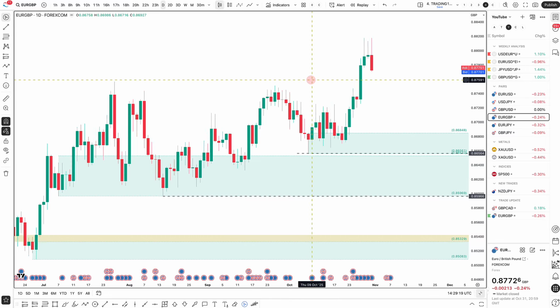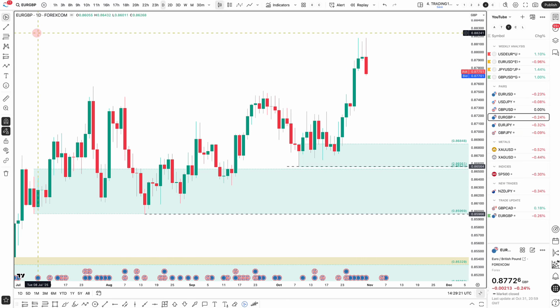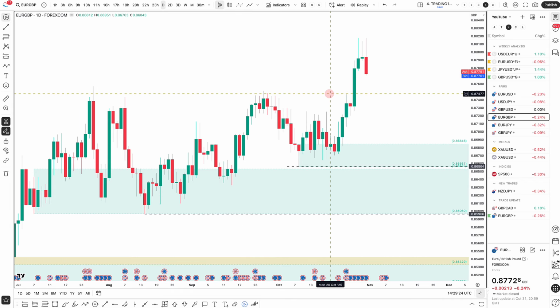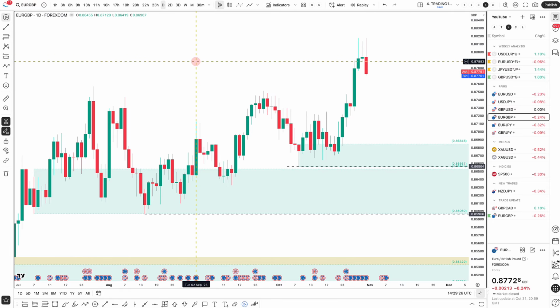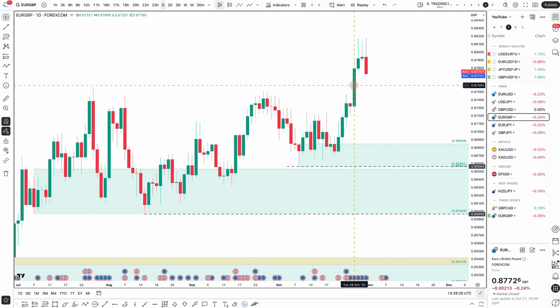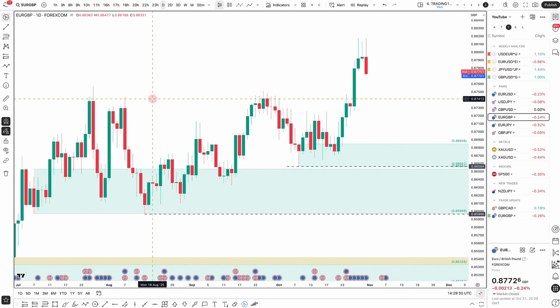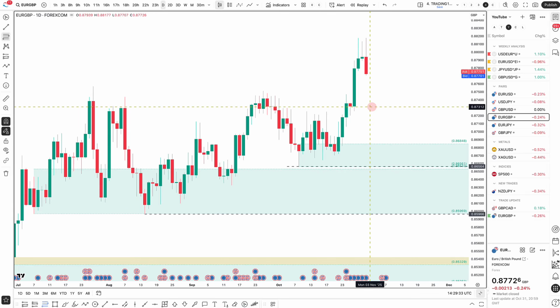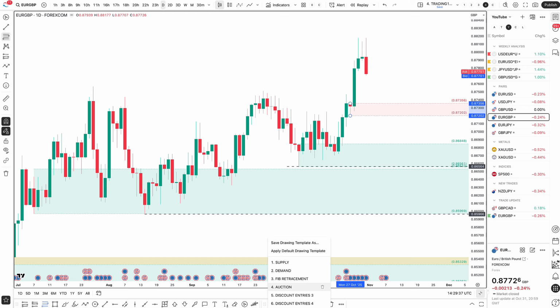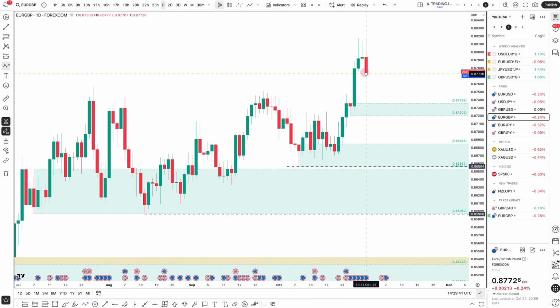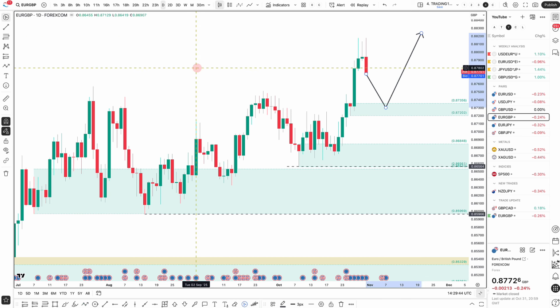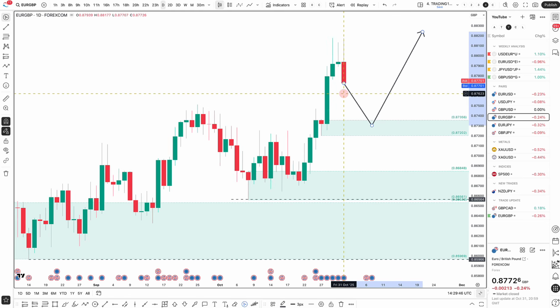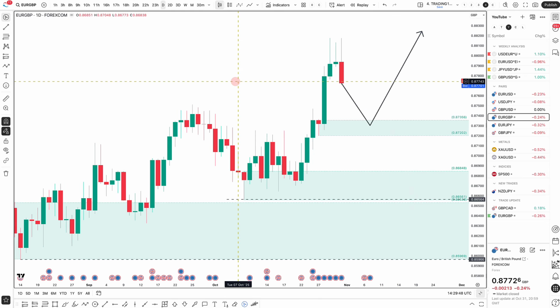Interest rate differentials, right? You've got a central bank that is looking to hold rates, whereas the market is pricing in cuts, potential earlier cuts for the pound, and you're seeing that play out in the market as prices go to the upside. So if you are looking for a buy on this pair, then you would look for a move back down into this demand zone before looking at buying to go long, and hope that the data supports rate cuts for the pound and rate holds for the euro.